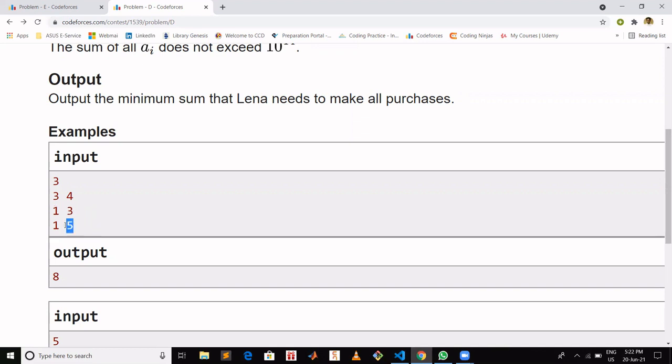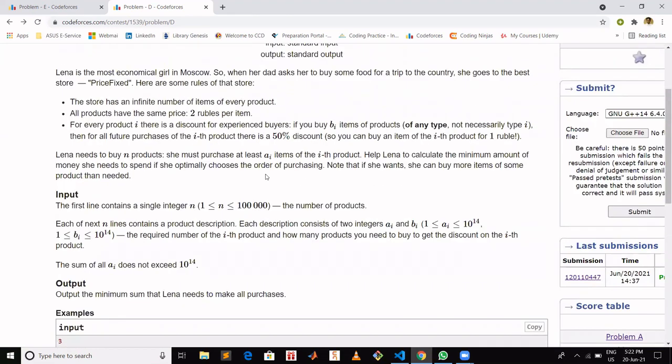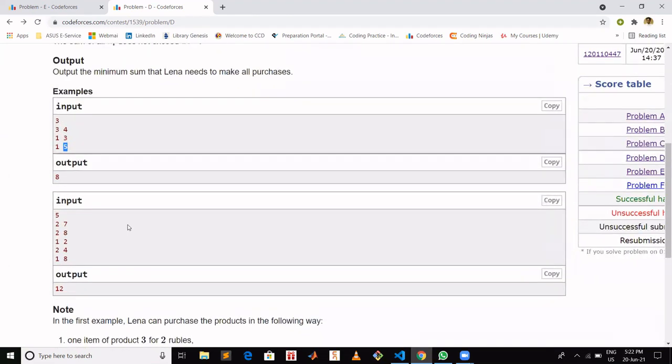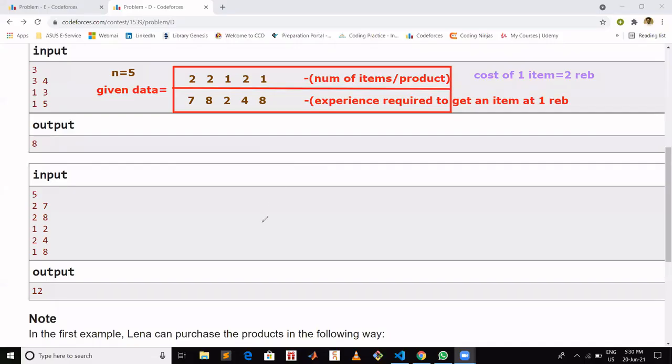Similarly for this. So let's understand how we are going to do this. I will take the second example to explain the concept. Let me write it in a different way first. I have written this example like this.